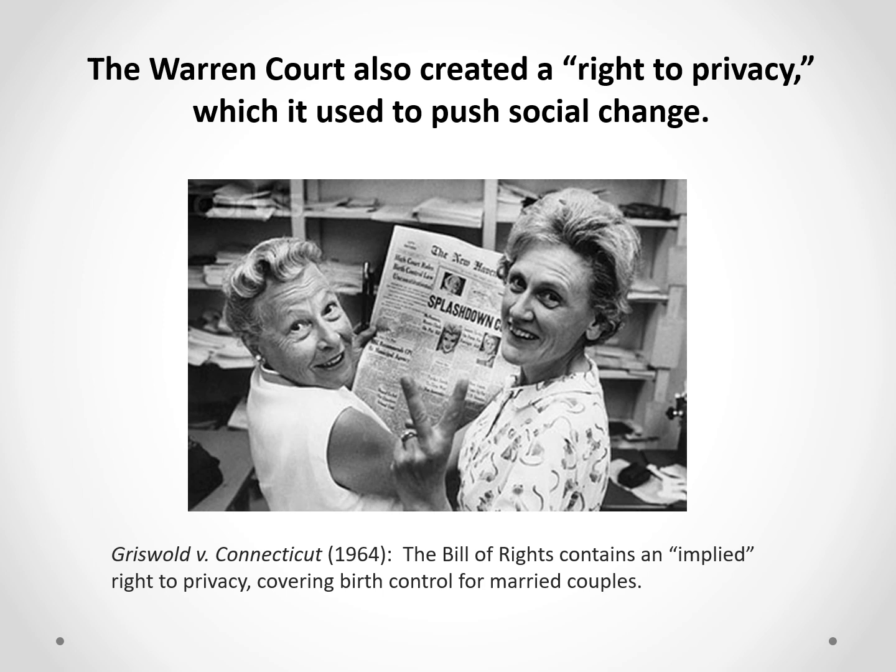So the dissent basically says judicial restraint. This law is not unconstitutional. It's not unconstitutional for the state of Connecticut to have a law against birth control, even though the law is dumb. He says, "With all deference, I can find no general right of privacy in the Bill of Rights, in any other part of the Constitution, or in any case ever before decided by this court." He said, I've looked at the Constitution. I just don't see it. I don't see the Constitution giving the Supreme Court the right to strike down this law against birth control.